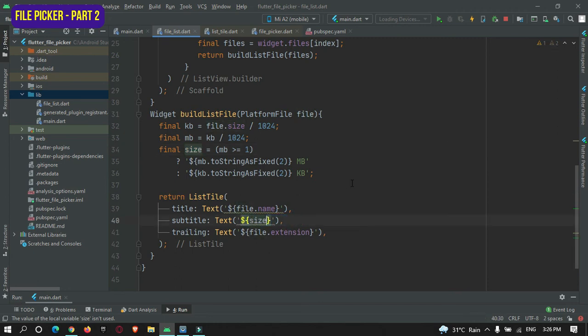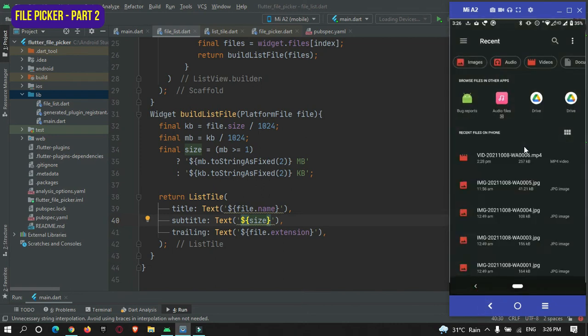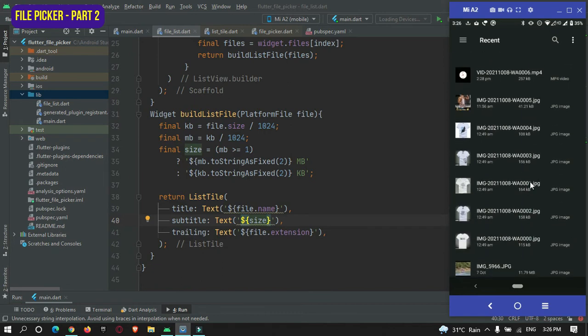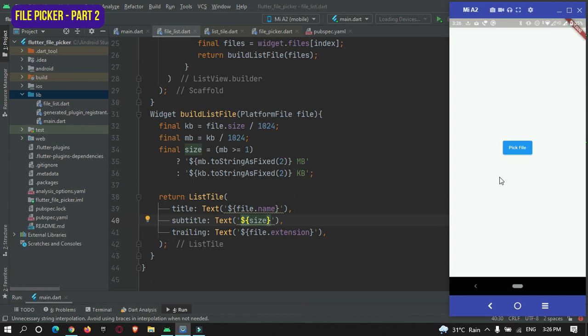Hot refresh, so let's check. Now you can see it is being shown in KB format. Everything selected is in KB format. Let me select some other files. Let's select this image. You can see it is showing in MB form.